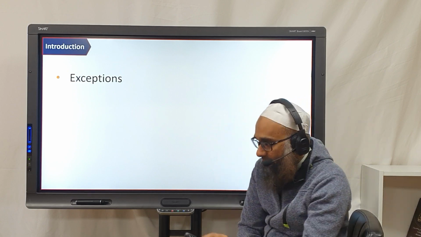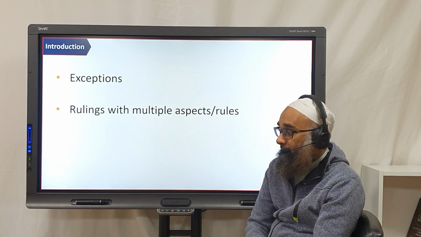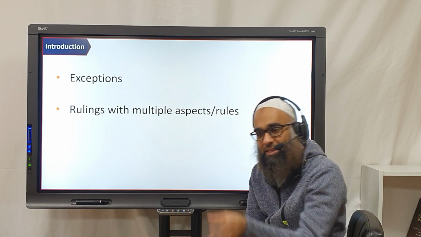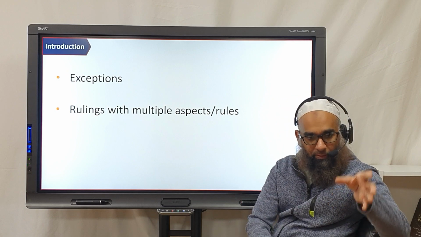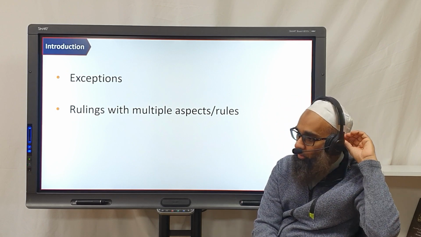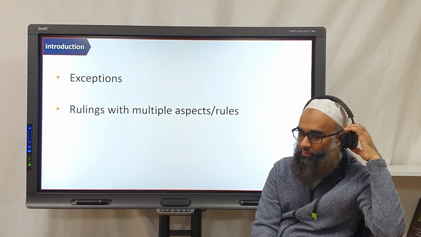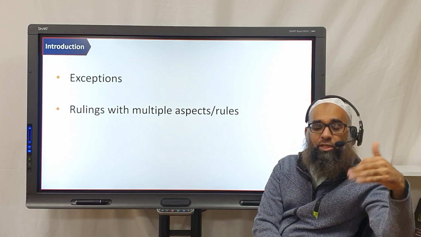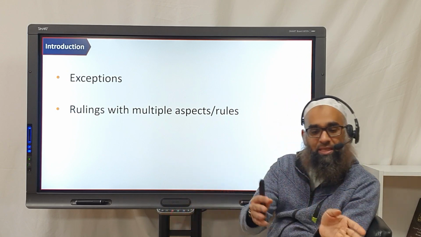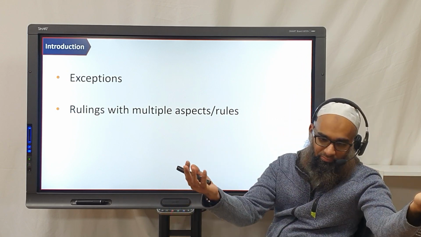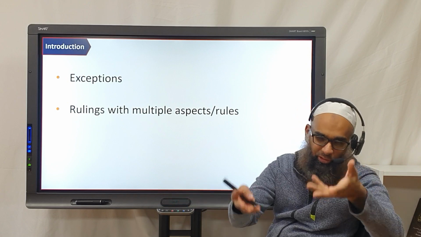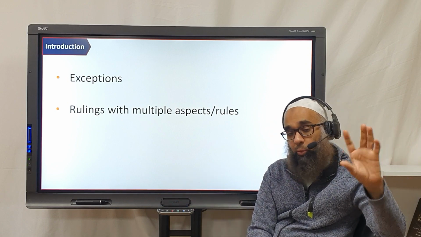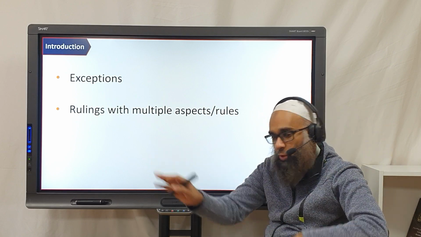Also, yes, it has an exception, but you know what? It's a masala, but it has multiple rules that could apply to this one. So he's applying this principle, he's applying that principle. You understand? You're not going to learn like math. If you learn a 5 times table, there's only one right answer. It's more like different theories you apply. Well, you apply this theory or you apply that theory. Like science, if you mix two liquids together with certain properties, you're going to get one result every single time. In a court of law, you say, well, how do we look at this case? We look at it in comparison to X case or Y case.